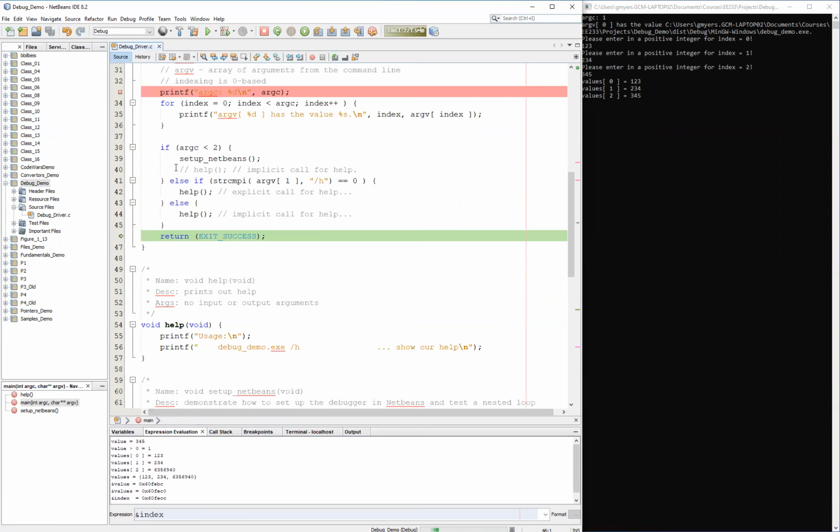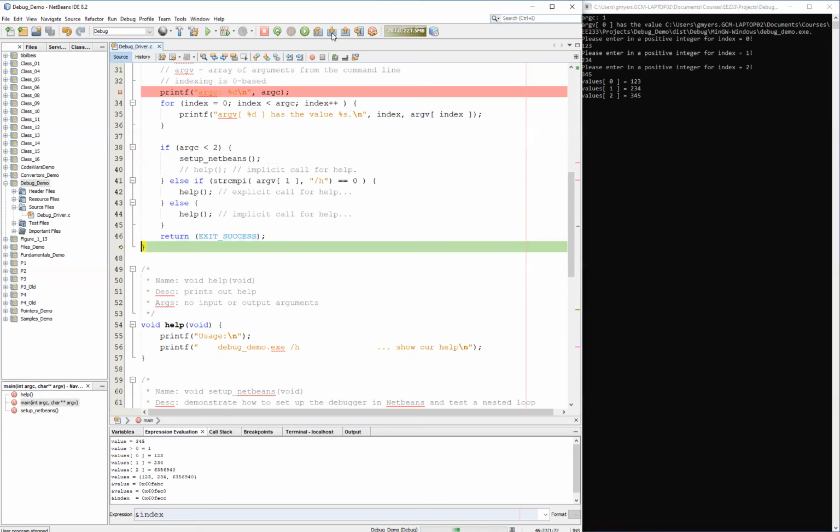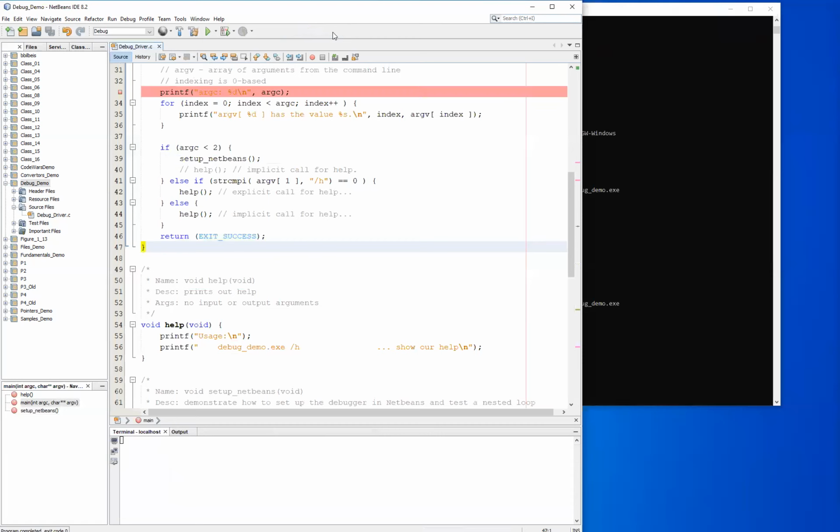Now, in this particular case, it jumped over a lot of other code, because our if statement is set up such that if argc was less than 2, we fell into this branch of the if statement, and it ran this particular function. When it returned from this function, there was no more code to run in this branch of the if statement. So it jumped out of the if statement, and the next executable line of code was simply the return from our main, in which case if we step again, you'll see that we are at the end of our main. And at this point, we are done debugging. You can either hit finish debugging, or if you hit the down arrow one more time,